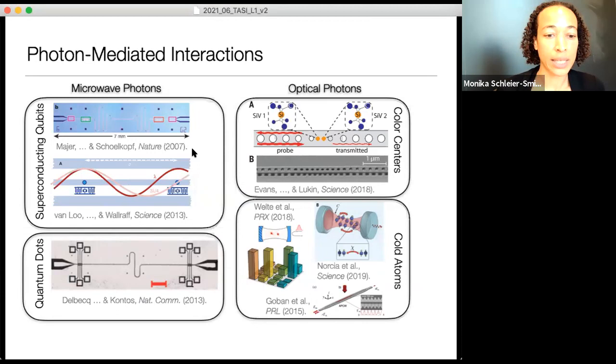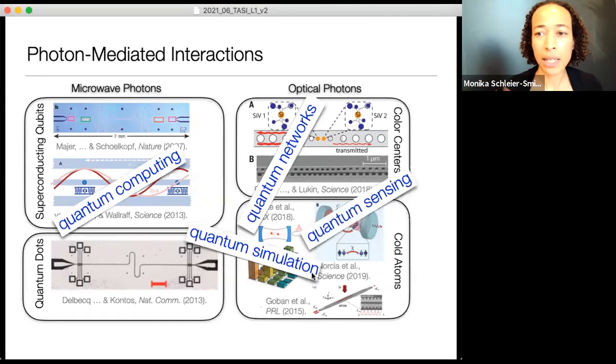platforms. So for example, microwave photons are used to mediate interactions between superconducting qubits. One can have solid state spins that talk to each other via optical photons. That has some applications in quantum communications technology. And then the type of system I'll talk about is one where we have these cold atoms that can talk to each other with light. And depending on your application, you might choose a different platform.